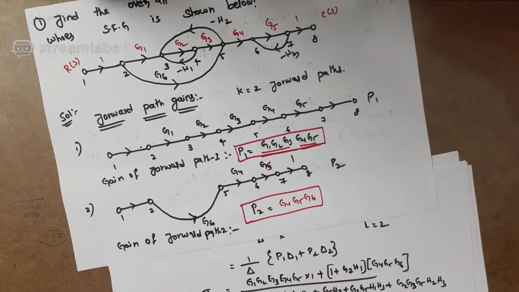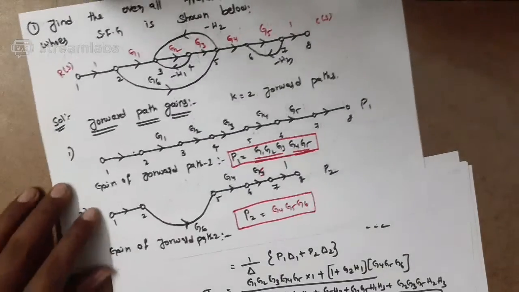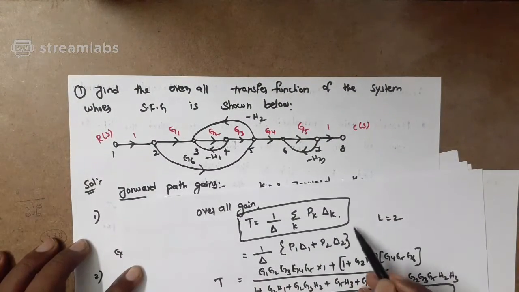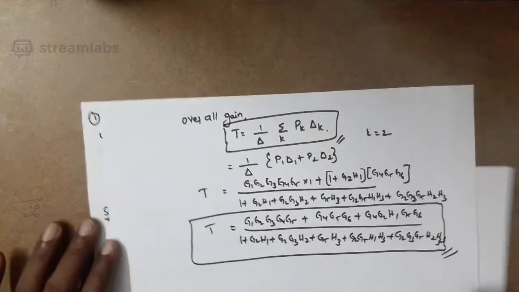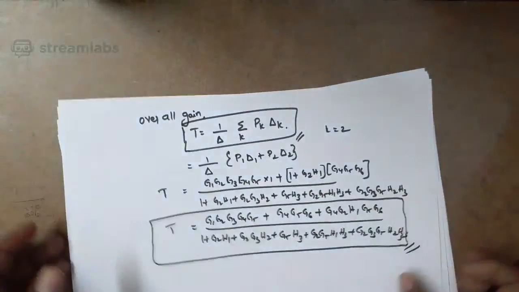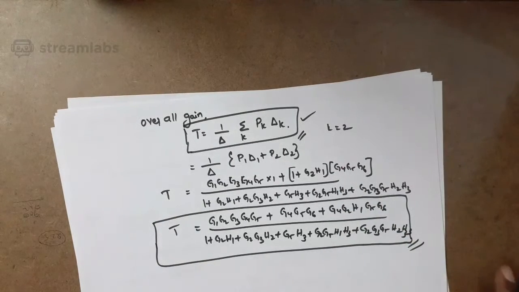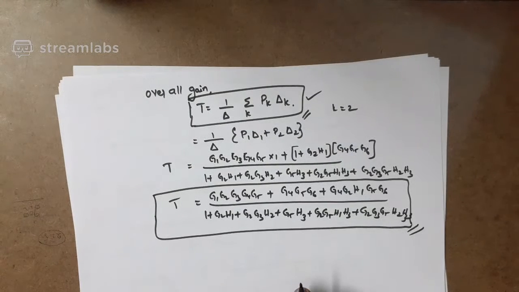So this is the overall transfer function of the given signal flow graph. So we can find all the terms given in the formula. Okay guys, by using this Mason's gain formula, we can easily write the formulas. So this is the overall transfer function,